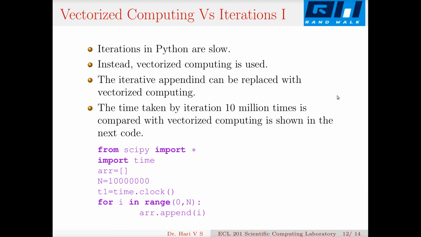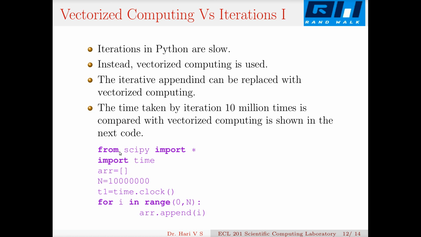Vectorized computing. When I add values to an array with for loops, it is very time consuming. So we'll compare this appending by iterations with vectorized computing. Vectorized computing is much faster than that. In Python, vectorized computing is always preferred. So here I do some 10 million iterations to append values to an array. I start with a blank array, I take n as 10 million, and here I compute the time